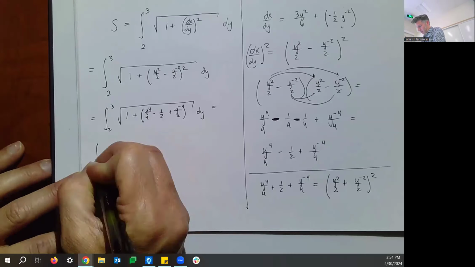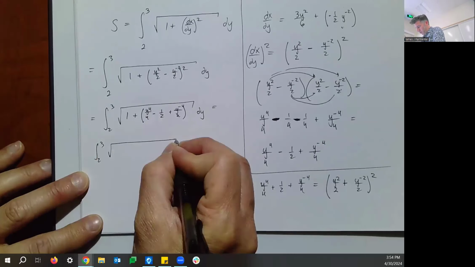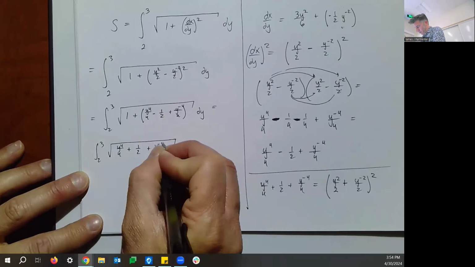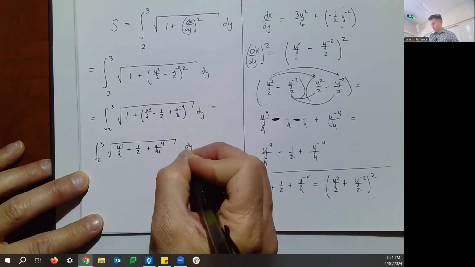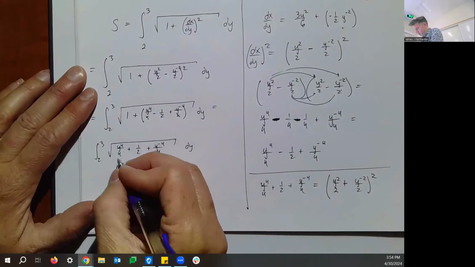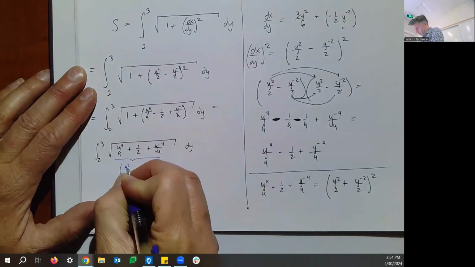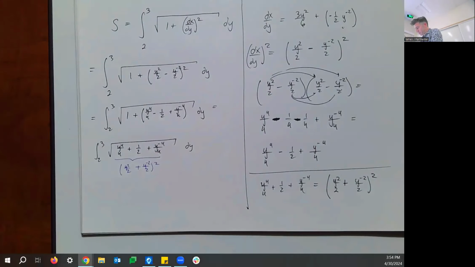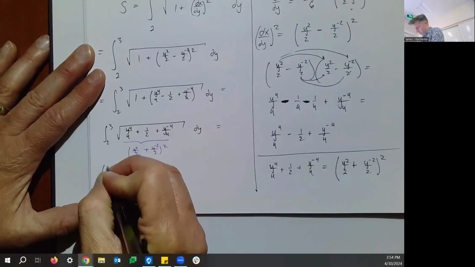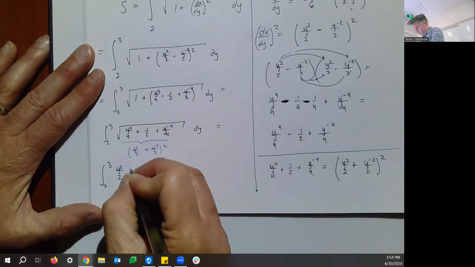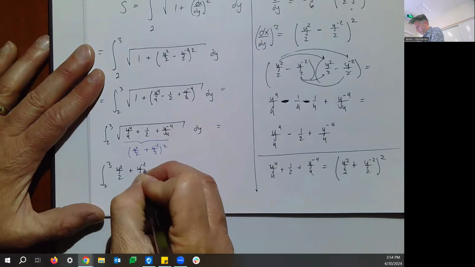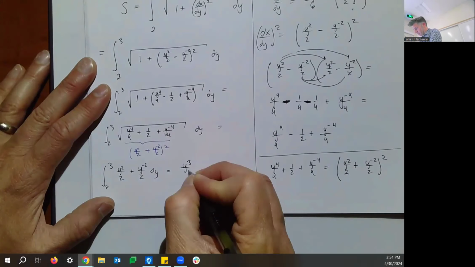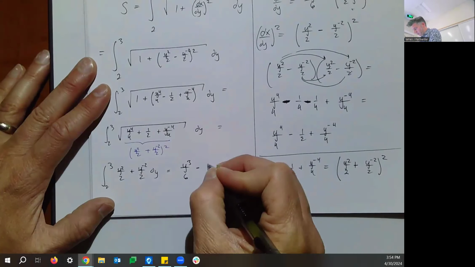That's the integral from 2 to 3 of the square root of y to the 4th over 4 plus 1/2 plus y to the negative 4th over 4. But we know that the inside part is really y squared over 2 plus y to the negative 2 over 2, squared. So this is going to end up being the integral from 2 to 3 of just y squared over 2 plus y to the negative 2 over 2 dy. And then we can integrate and get y cubed over 6 minus y to the negative 1st over 2